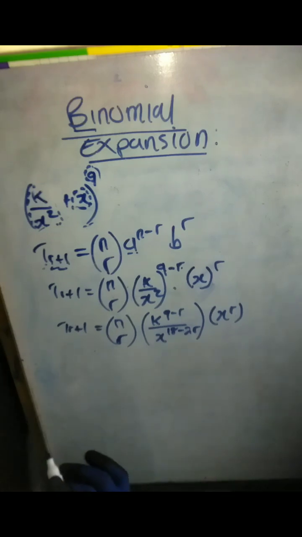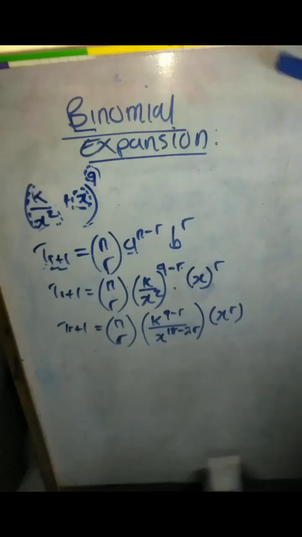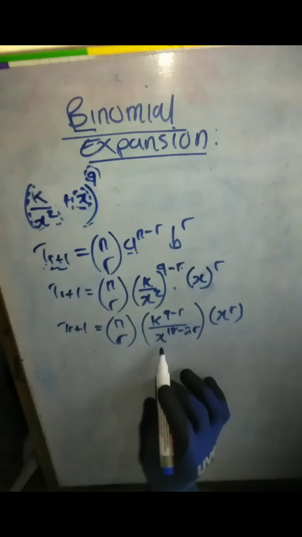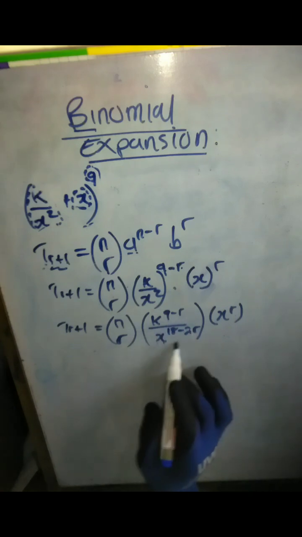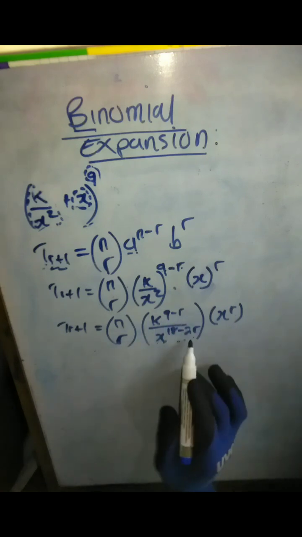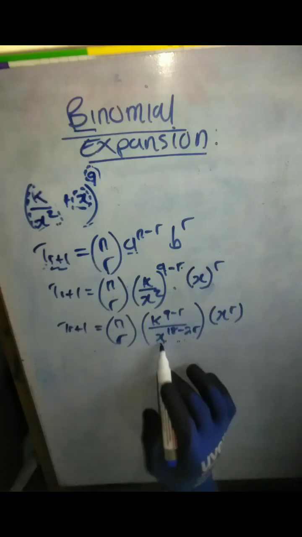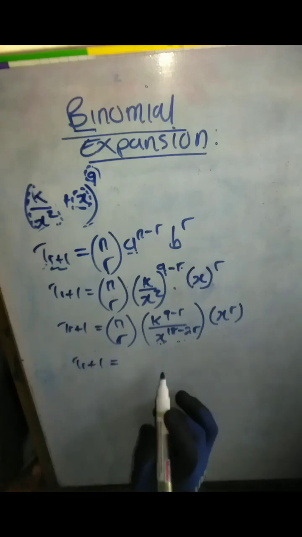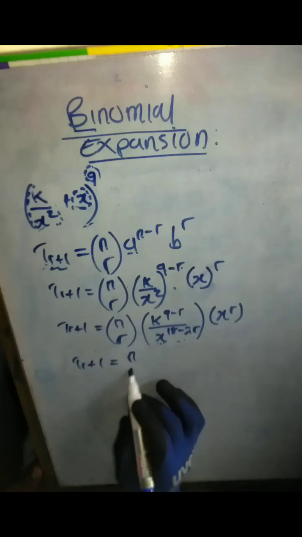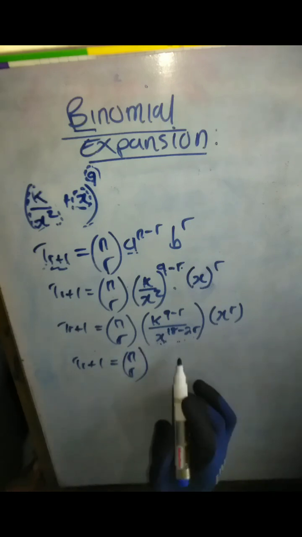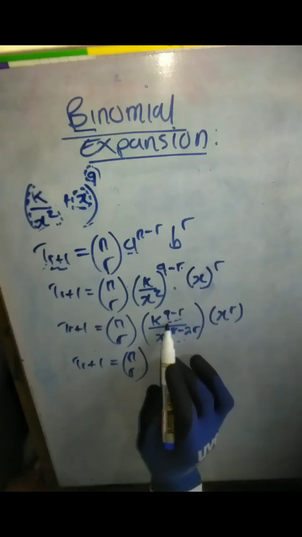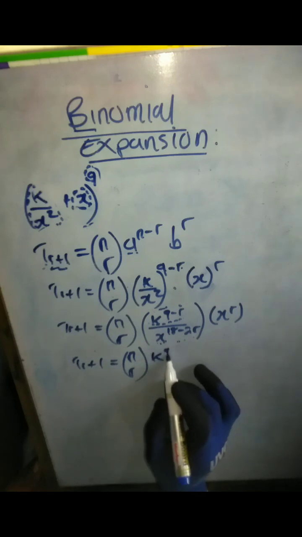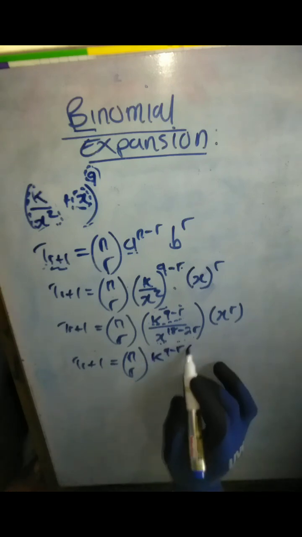So in this case, we're now going to take only every term or every part of this function which has x only. So now say T_(r+1) equals n combine r. Then we'll remove this k because it doesn't have x, so take it as k^(9-r), then multiply this by